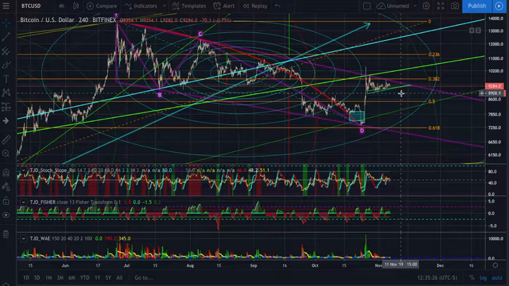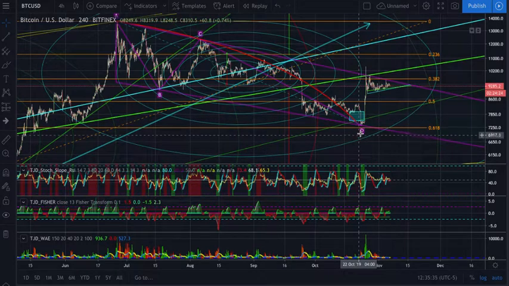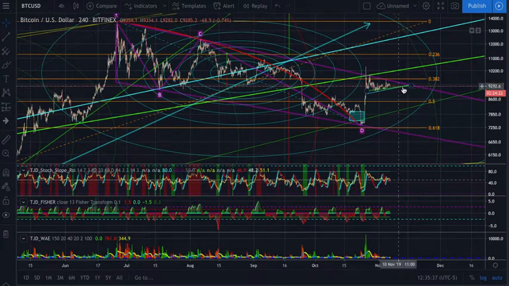Because when you get a breakout, you need to see continuation, because that's essentially validating to the market: okay, we've been in a pattern, we're no longer in that pattern, so we've broken it, and we're going to get continuation in the direction of the break. But that's not what we're seeing here. We're essentially seeing a false breakout, consolidation, and then I think what we're going to get is a sell-off.